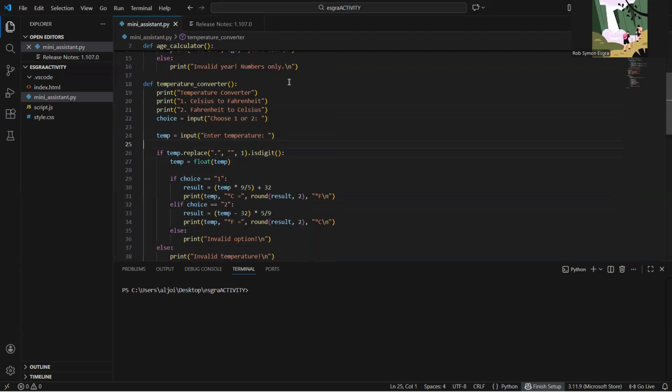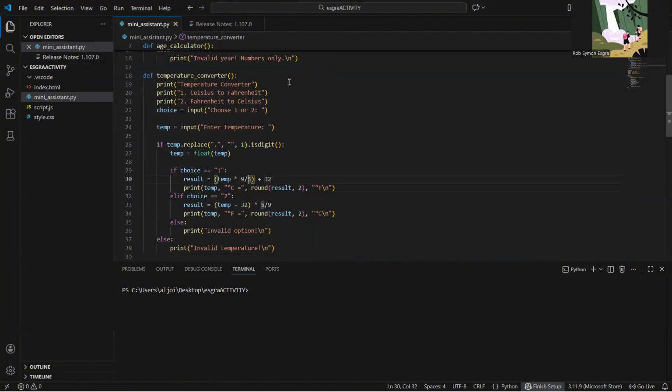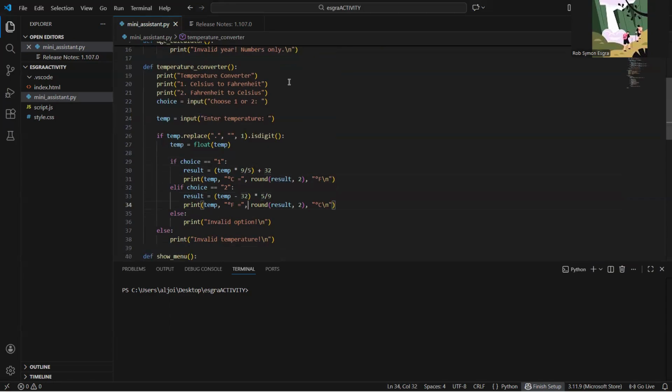If temp dot replace checks this is a digit, this checks if the input is a number, including decimals, for example, 36.5. Then if the choice is 1, it will calculate the temperature from Celsius to Fahrenheit, so temperature times 9 divided by 5, then plus 32. And then the result is in degrees.